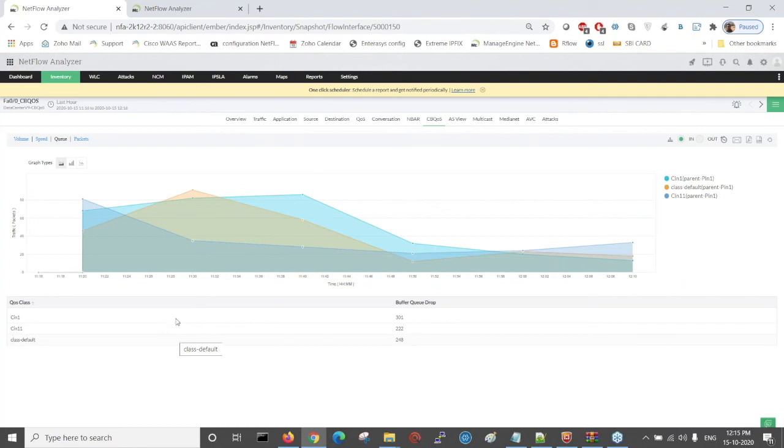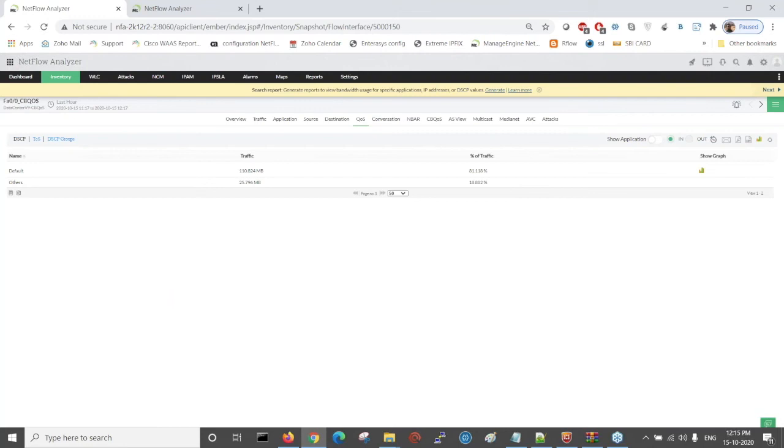So this will help you to validate the QoS policies that have been applied. And not only that, we also have the option to check the QoS information by default using the QoS tab, which is a DHCP-based QoS detection that comes by default over the flow. Here in the QoS tab, we detect the DHCP and the TOS information from the flow data, and